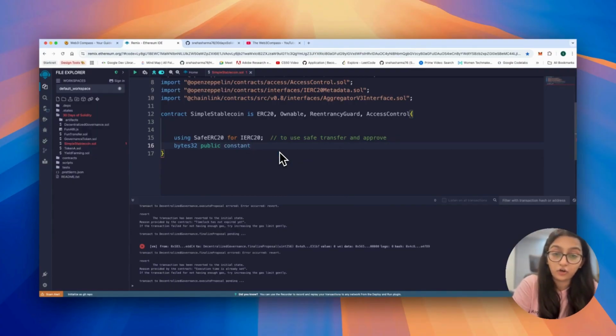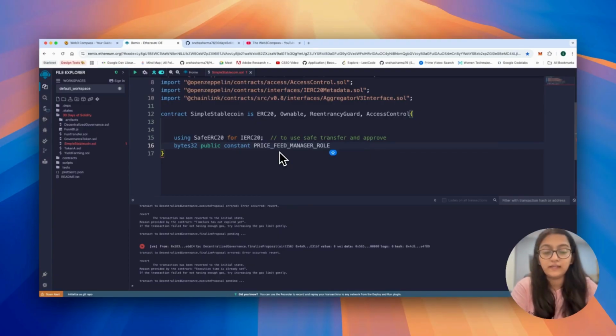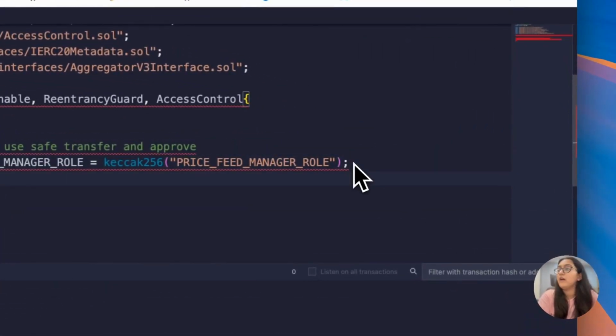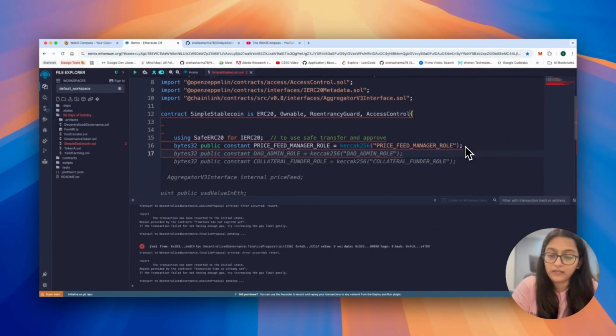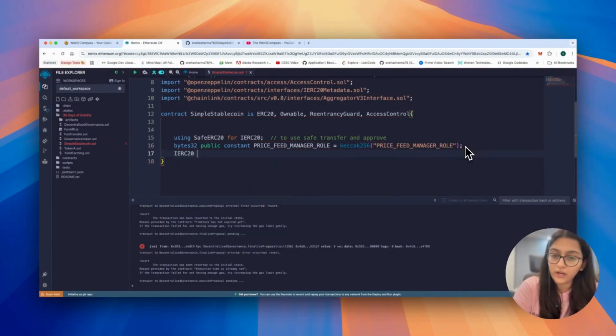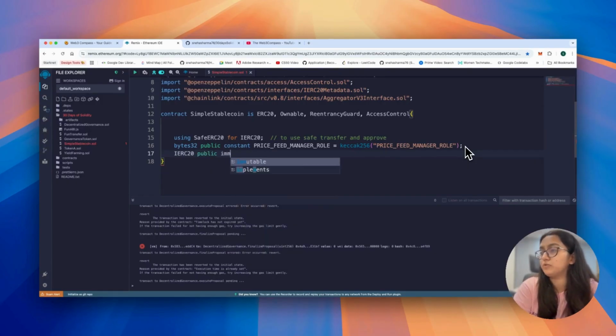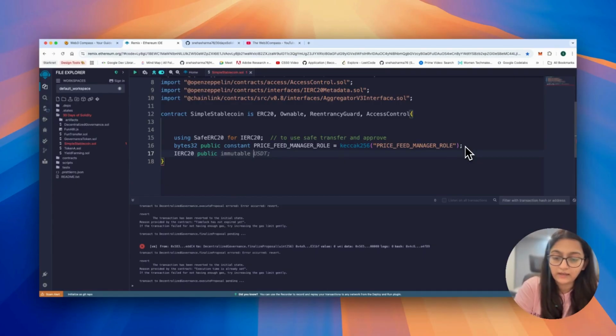constant. So we're declaring a constant, and we say PRICE_FEED_MANAGER_ROLE equals to what? Take keccak256, and then we basically hash it. Okay. Then what else? We would need one collateral token, right? That has to be immutable. So we make it immutable. We say, okay, IERC20 public immutable, and we say